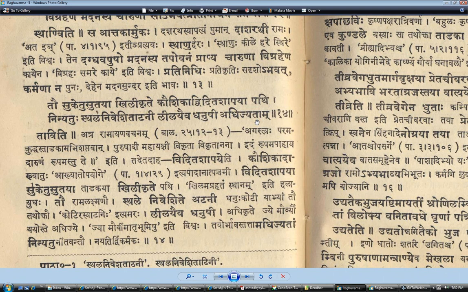Now which is the primary object? Which is the secondary object? And the answer to that is that which can take another vibhakti, that is the secondary object. So now, which one here can take another vibhakti? Can dhanushi take another vibhakti? Well, it cannot, because they took their two bows.